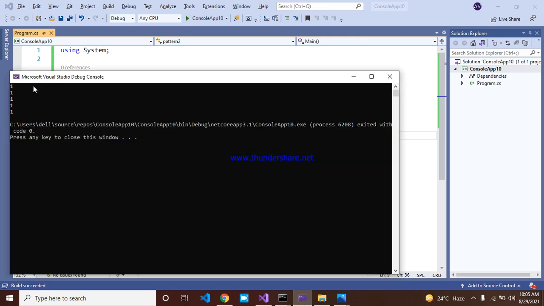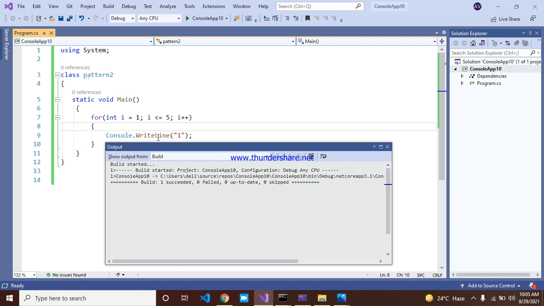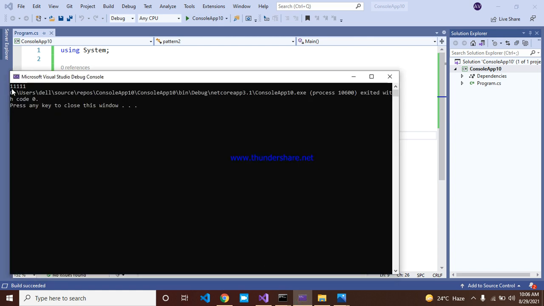Yeah, you got 1 1 1 1 1, but it is vertical and we want horizontal. How can we get that? Control F5. This 1 1 1 1 1, we can get five 1s. Why?